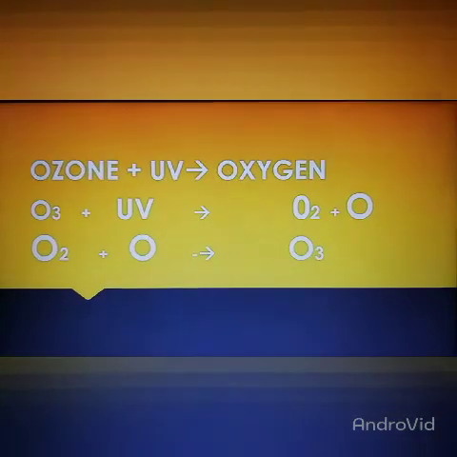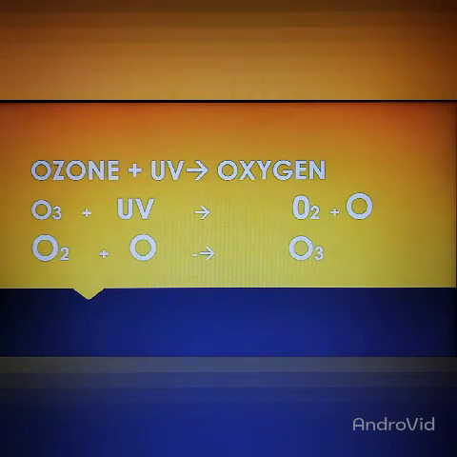Now you see here, ozone, which is found in the atmosphere, usually concentrated in the stratosphere, absorbs the UV rays from the sun and breaks down to form oxygen and one nascent oxygen, right? Now this is a chemical change which is reversible. The oxygen molecule, O2, combines with the nascent oxygen, O, to form ozone again, that is O3, right? So this is a chemical change and it is reversible.